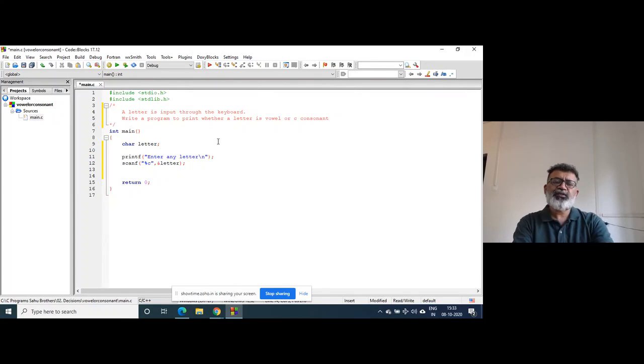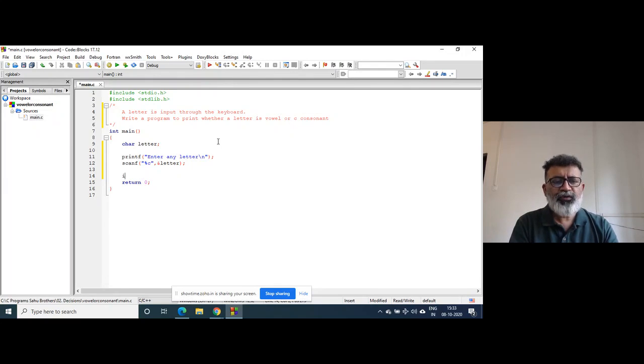Now the objective is to find whether it is a vowel or a consonant. These are mutually exclusive parts. It would be a vowel or a consonant, right?